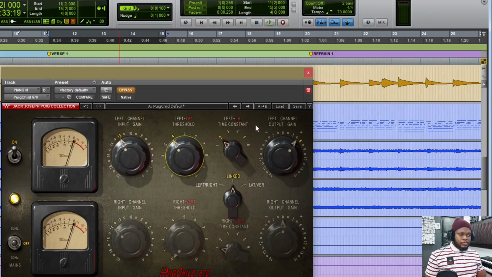And this is the time constant, which refers to a combination of two things, as seen in other compressors: the attack and the release, how fast the compressor attacks the signal, how fast the compressor releases the signal. That's what this represents. And then finally, we have the output, which determines how much of the signal goes out of the compressor. All right, so if we engage this compressor right now and listen,